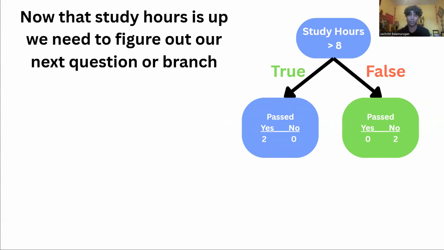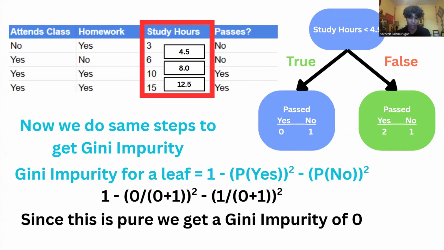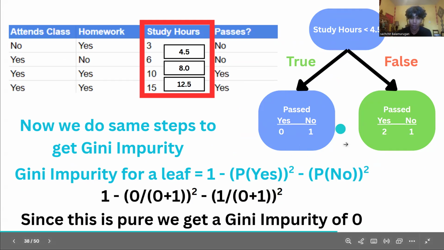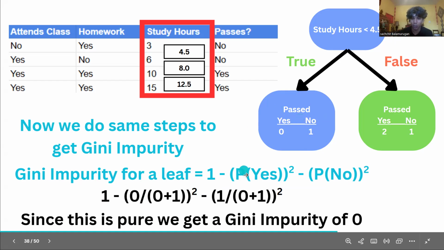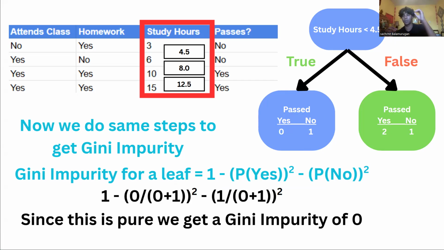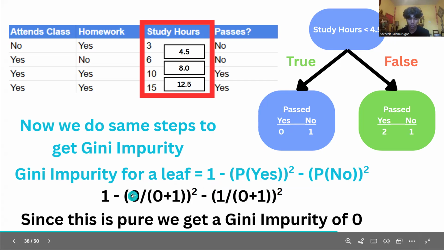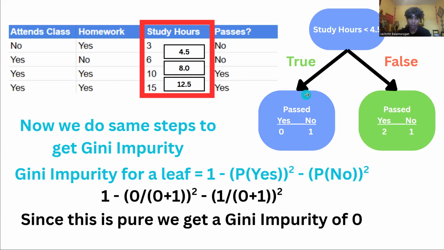Yeah, that's what. Okay, the Gini impurity is calculated using this formula: 1 minus the probability of yes squared minus the probability of no squared. So you need to plug in this, right? You need to do what's 1 minus, okay, the probability of yes. Okay, so there's 0 yes in this case, and you know how to calculate probability, right? You do whatever value it is, how many times it passed over the total times, how many times it failed over the total times, right? So you do 0 divided by 1 squared minus 1 divided by 1 squared. And then that would be the Gini impurity for this.